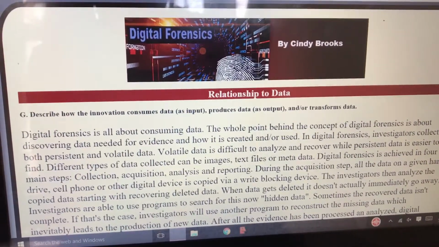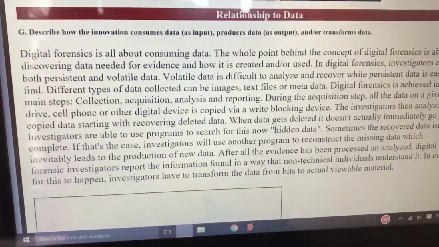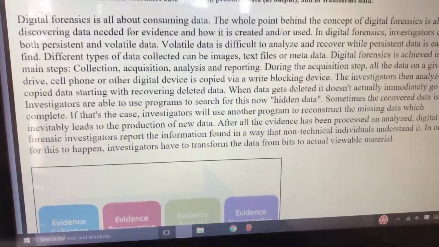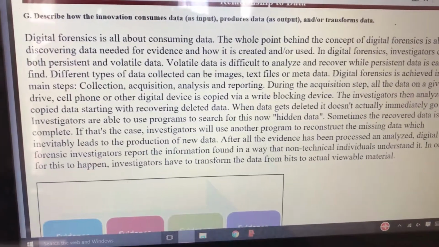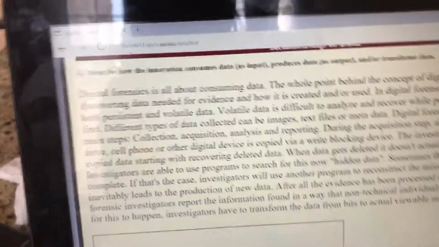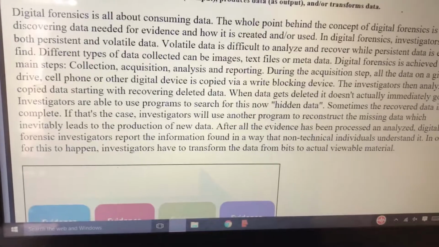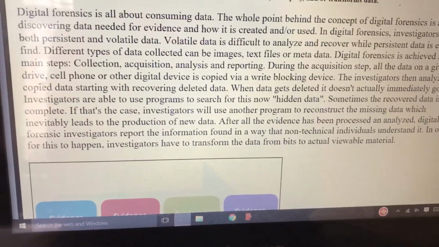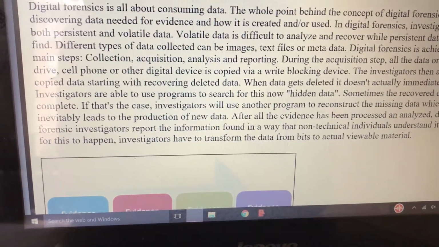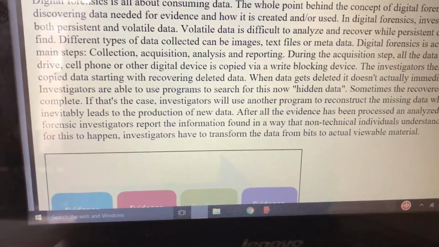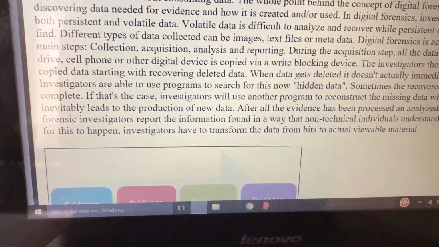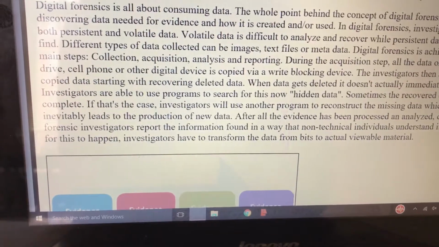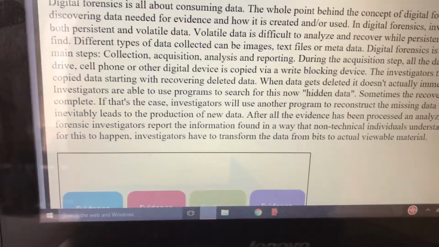Relationship to data. Describe how the innovation consumes data as input, produces data as output, and/or transforms data. Well, digital forensics consumes data and produces data and transforms data. It actually does all of the above. It consumes data by searching through digital devices and discovering the data. Sometimes the data isn't complete, so it creates data by completing the data it found, and it transforms data, which